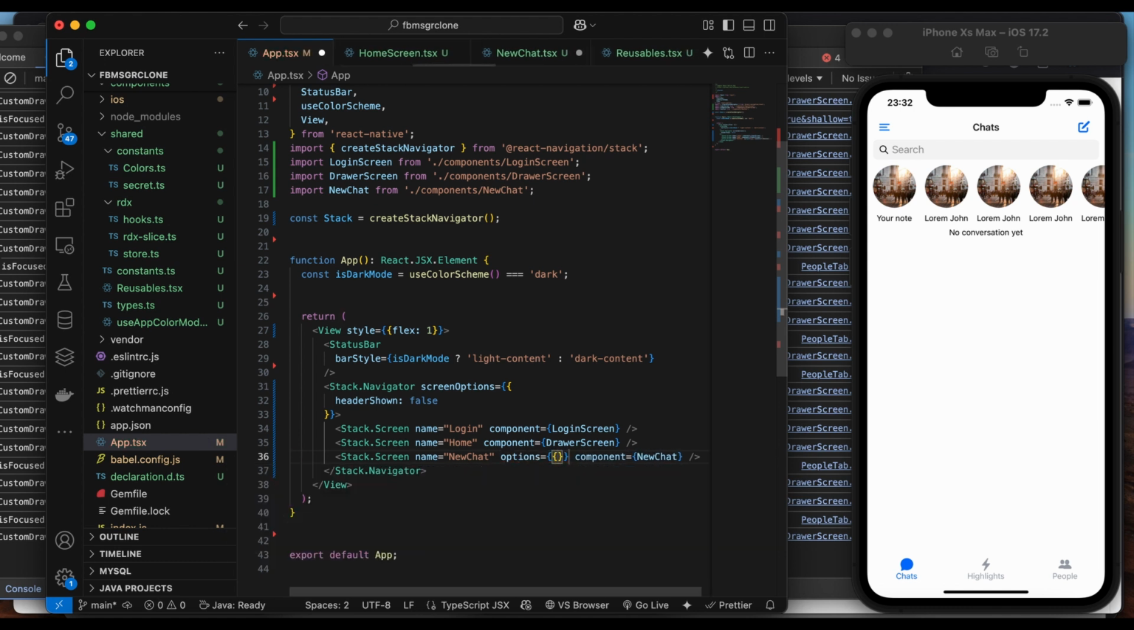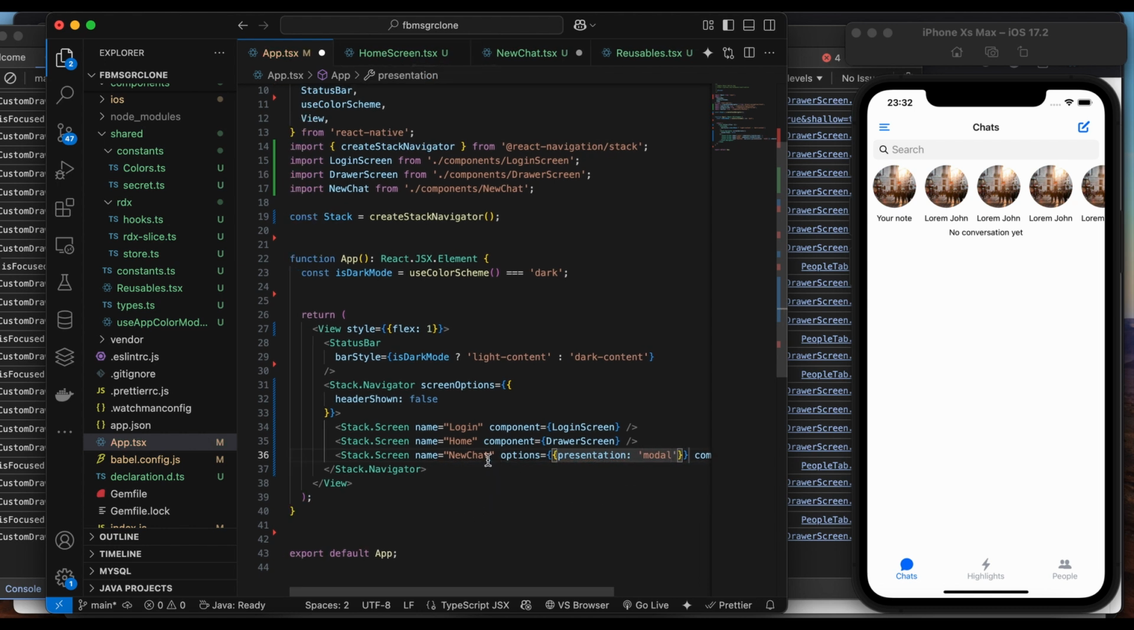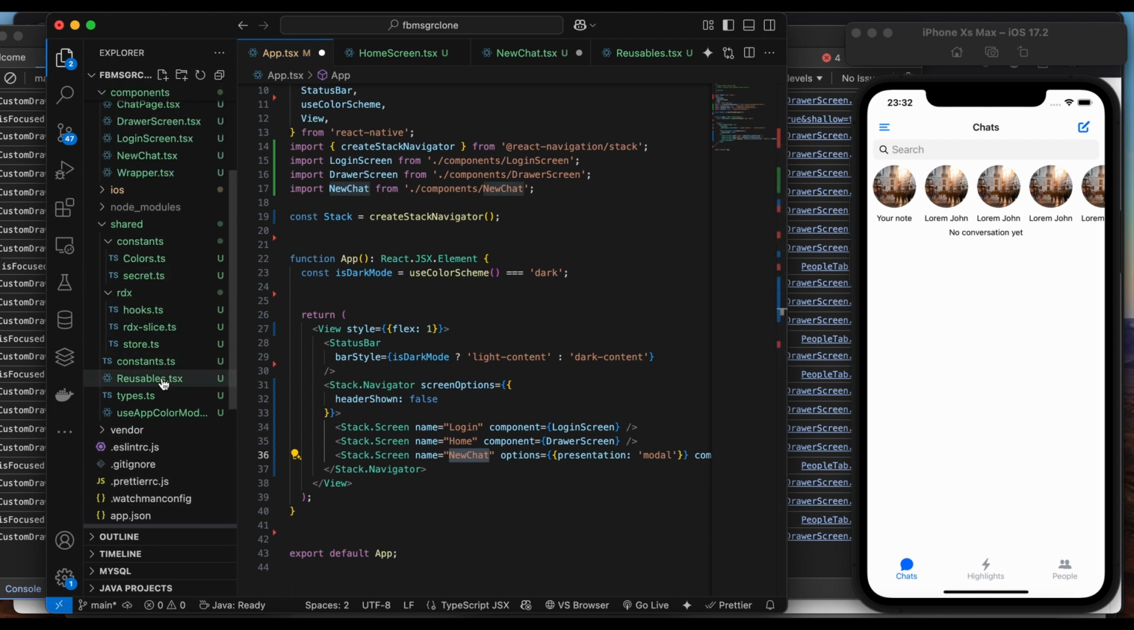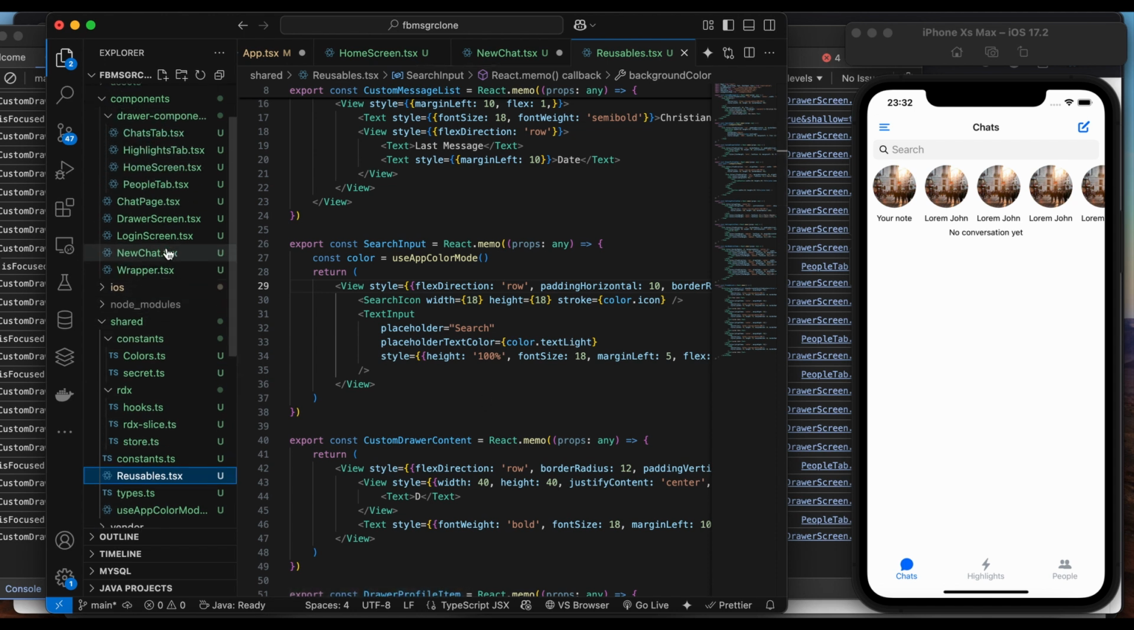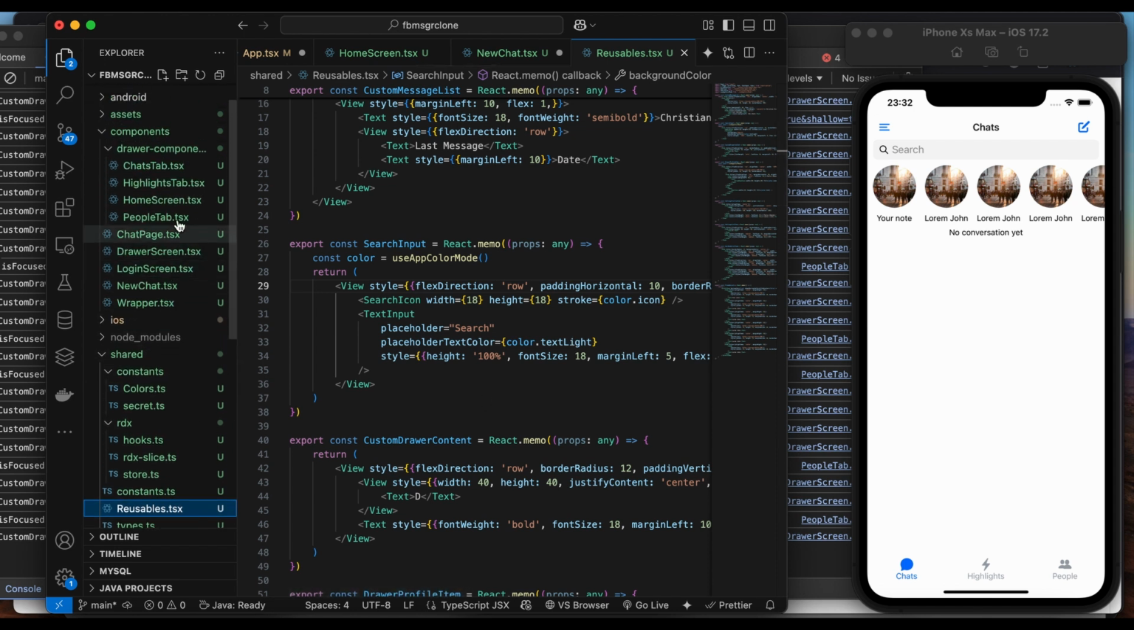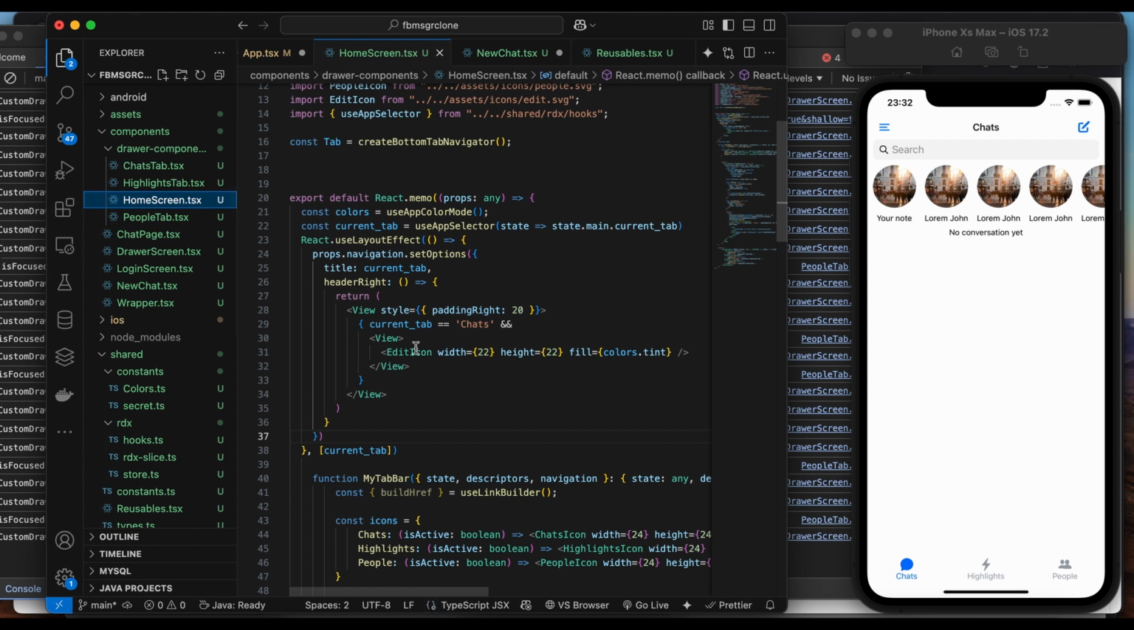Options, presentation, modal. Yeah. Then we click on this. Let's go to reusables. No, not reusables. The home screen. Then if you click on this,